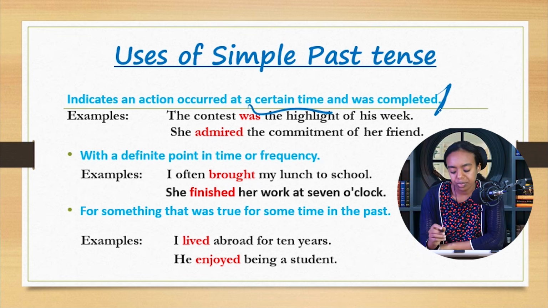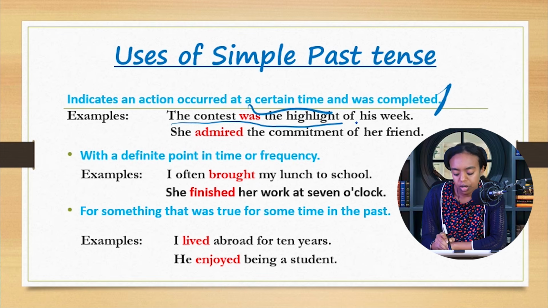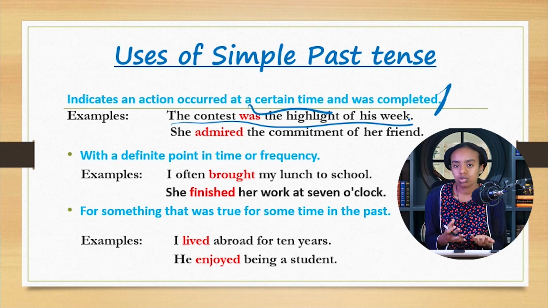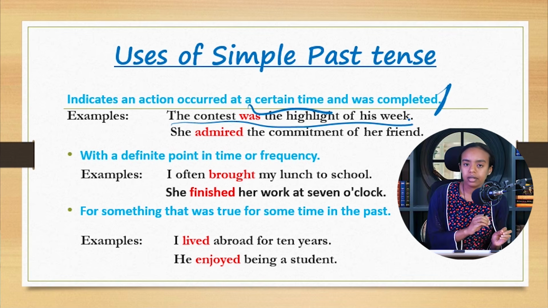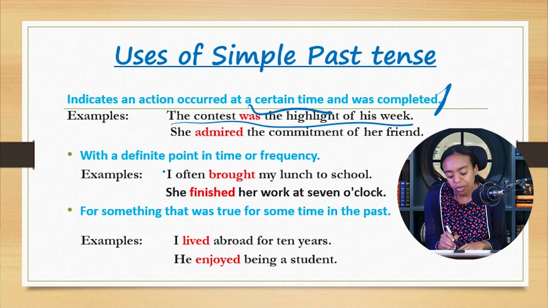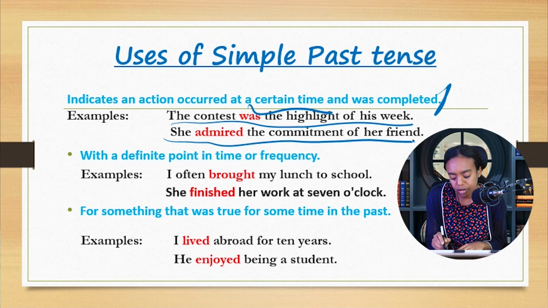Let's see an example. The contest was the highlight of his week. የሱ ወይም የሳምንቱ ሃይላይት የነበረው ኮንቴስቱ ነው። ኮንቴስቱ አልቋል። ኢትስ ኮምፕሊትድ። ግን የዚህ ዊክ ሃይላይት ኮንቴስቱ ነበር። It's something in the past. ፓስት ላይ ሃፕን አድርጎ ያለቀ ነገር ነው።